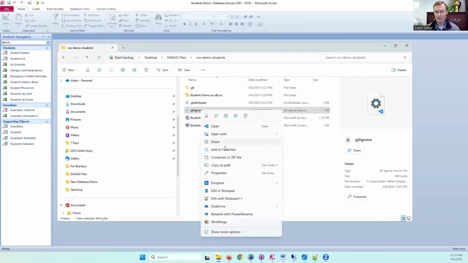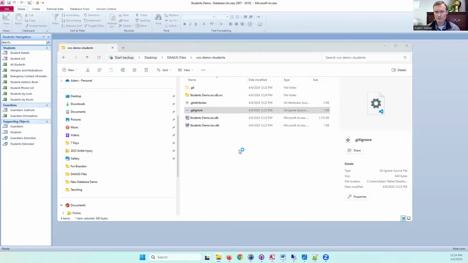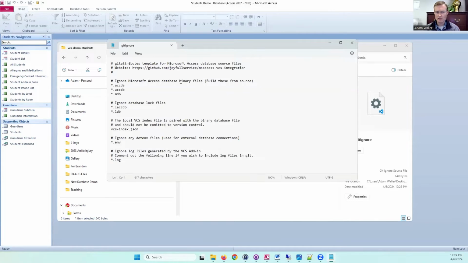file for me. So if I was to just take a look at this .gitignore file, I can see that it's already done several things by default. It's going to ignore the binary files, my ACCDB, MDBs, the lock files, that kind of thing. It's going to ignore the index file, some log files and such. So it's just right out of the box, just works